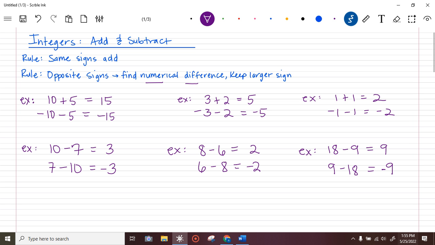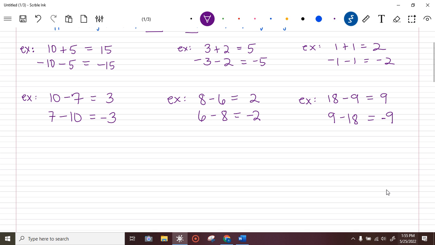So don't make it more difficult than it already is. You just decide, do I have two numbers with the same sign? If so, add them. Then you look at your numbers and decide, do I have opposite signs? If I do, I have to find the numerical difference and then just keep the larger sign. A few examples in your textbook on page 181